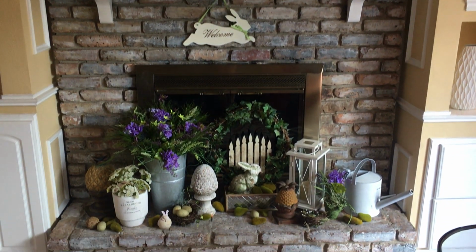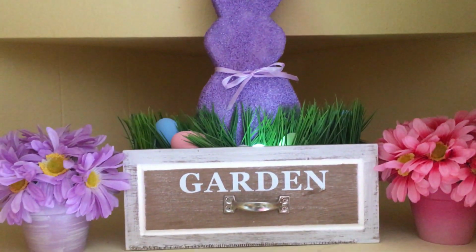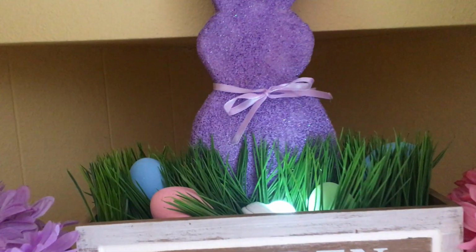I also did a little decoration over here, which was just one of my bunnies made out of my mini bunny pattern. And I put him in a little garden box with a couple of daisy planters on each side. And tucked in some eggs and an uplight,